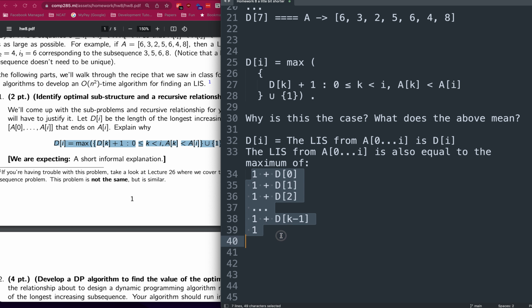So we're actually going to take the maximum of all of these, but we only include an element as part of our maximum only if ak